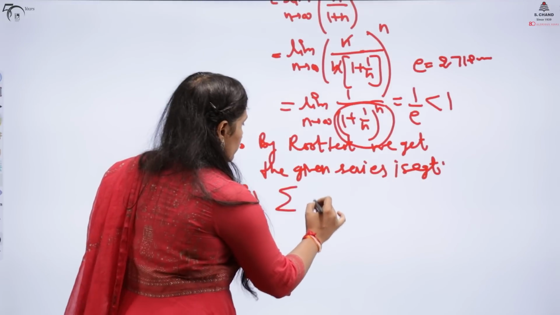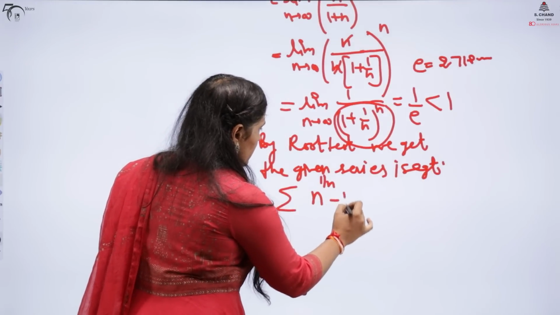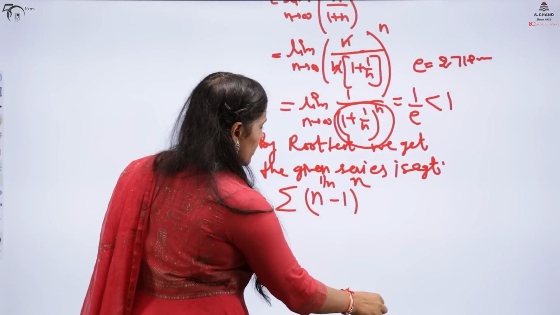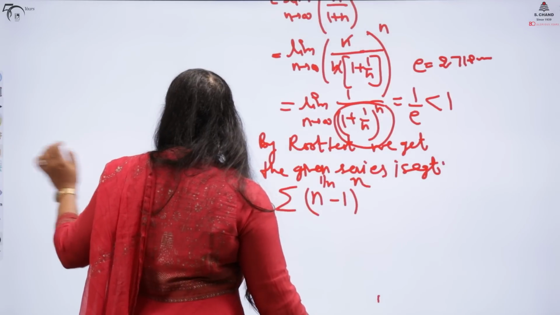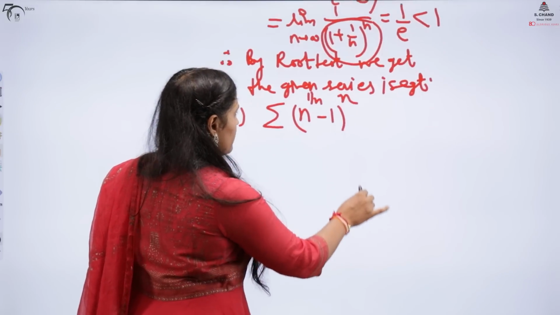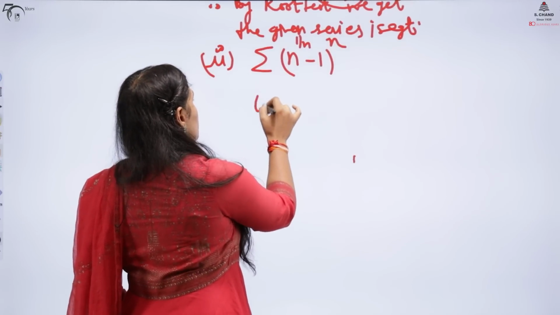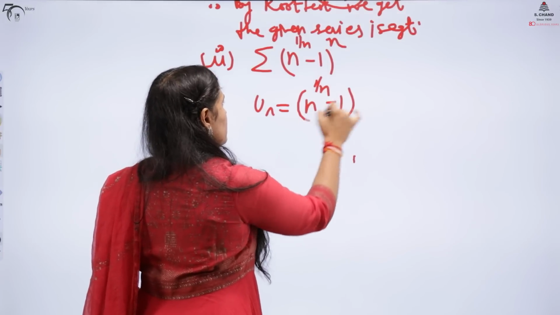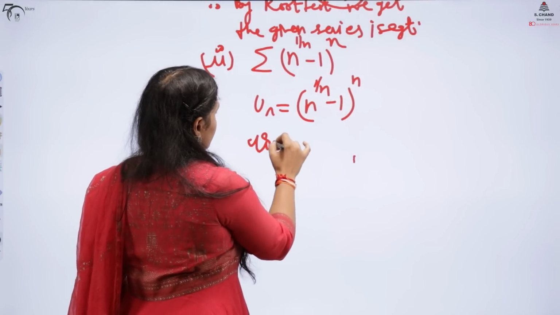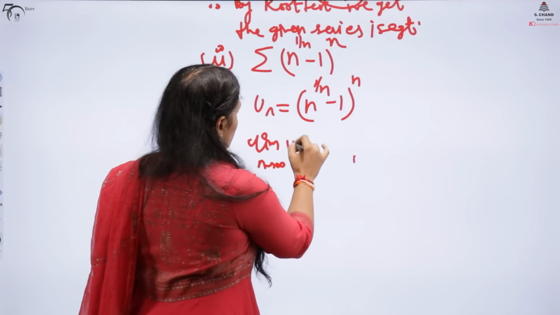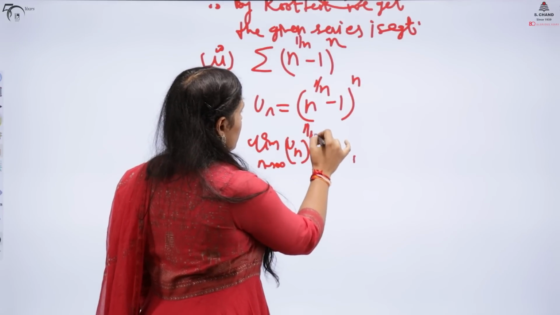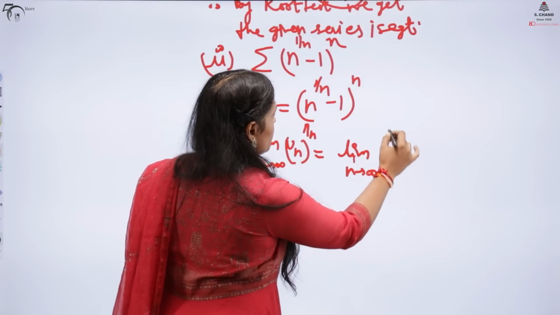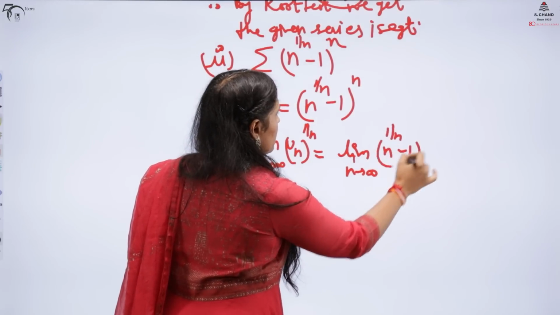So coming to the second question, the question was 1 n to the power 1 by n to the power n. आप इसको भी कैसे चेक करना है, पावर है तो बेटर है आप Cauchy's nth रूट टेस्ट पहले लगाओ. So un is nth term, क्या, जो n की टर्म्स में है वो nth टर्म बोली जाती है. Limit un to the power 1 by n will be limit n tending to infinity n to the power 1 by n minus 1